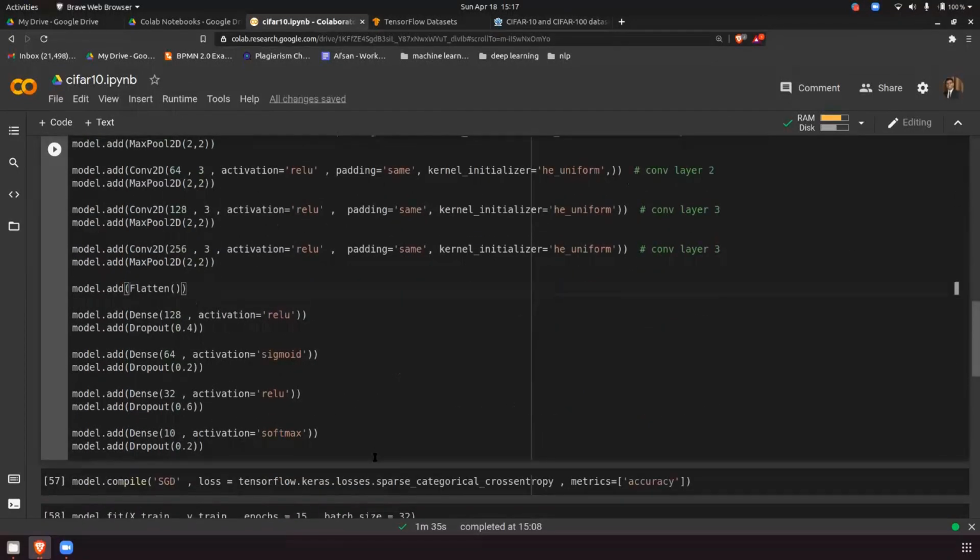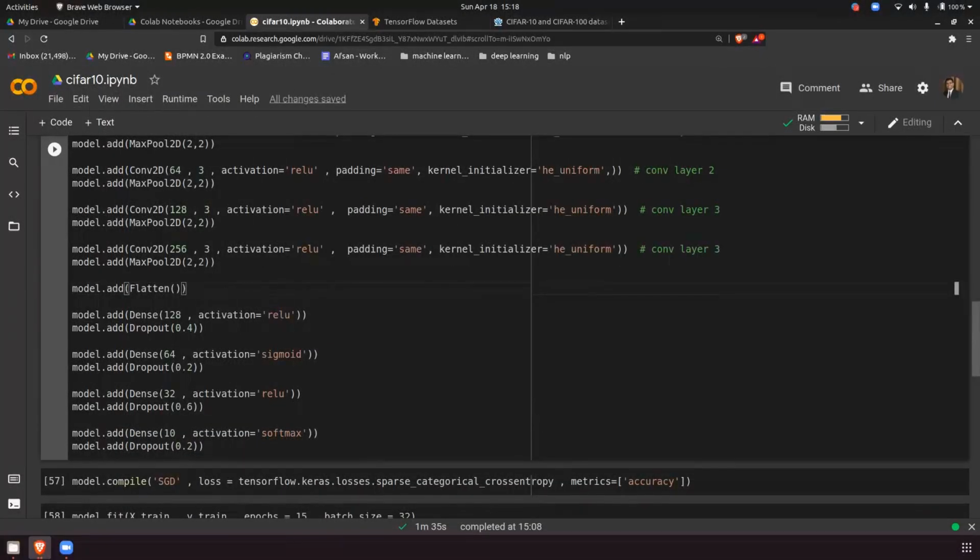Anyone else has a doubt? Could you please repeat the softmax one? Why do we add softmax at the last layer?